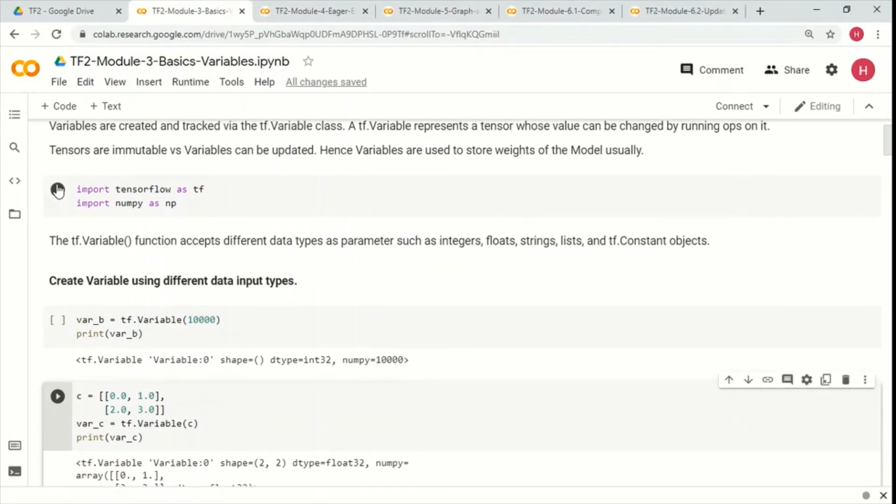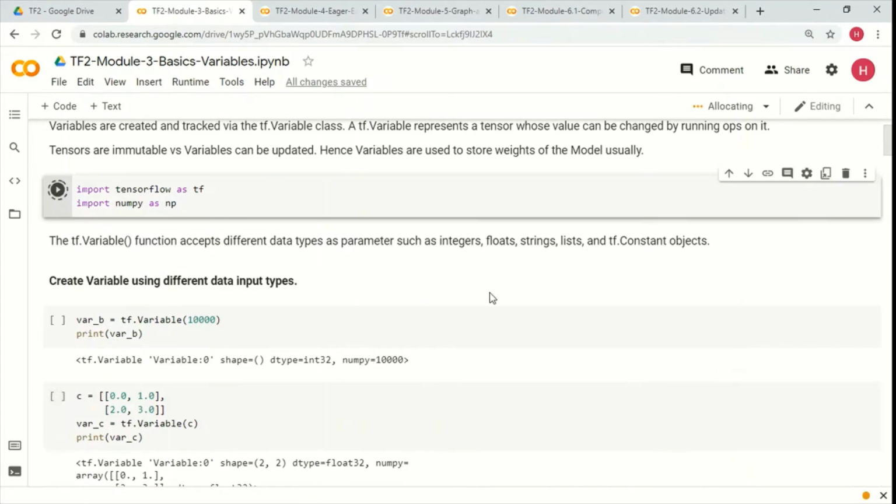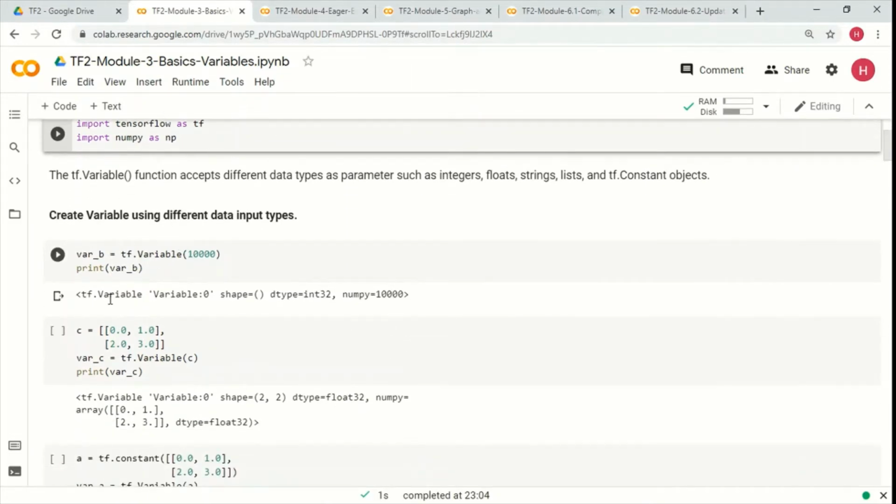As usual we are going to import TF. It's taking a little longer. Okay, it's fine. So this has been done.